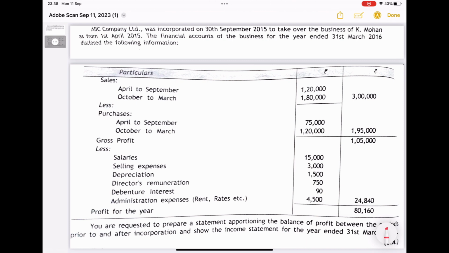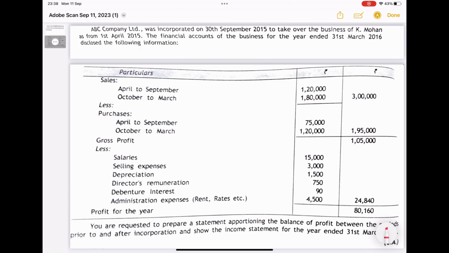So the question is here: ABC Company Limited was incorporated on 30th September 2015 to take over the business of K. Mohan as from 1st April. The financial accounts of the business for the year ended 31st March 2016 disclosed: